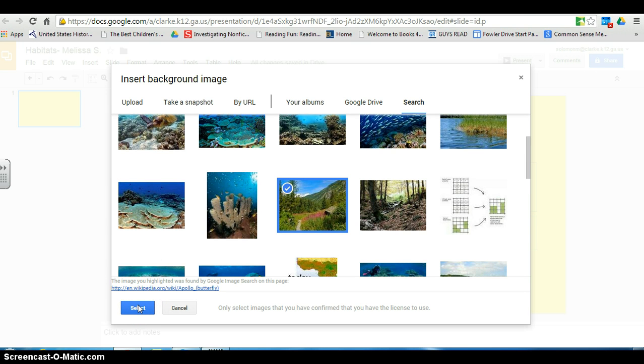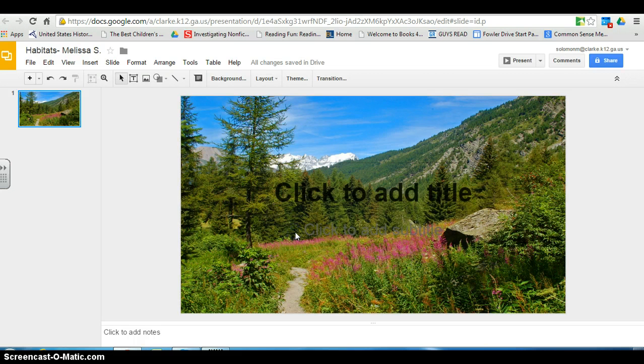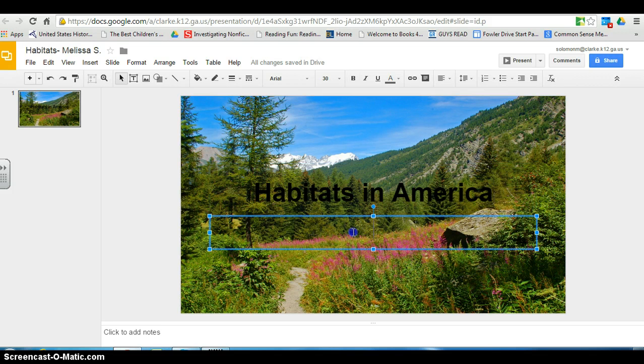and you can also click on this link to make sure that you have license to use it, but for now we'll go ahead and select it as our background, and in just a moment it'll show up and we're going to click done. Okay, so now my background is this beautiful picture of this habitat, and I want to add text, so it says click to add title. Okay, if I'm going to type in habitats in America as my title,